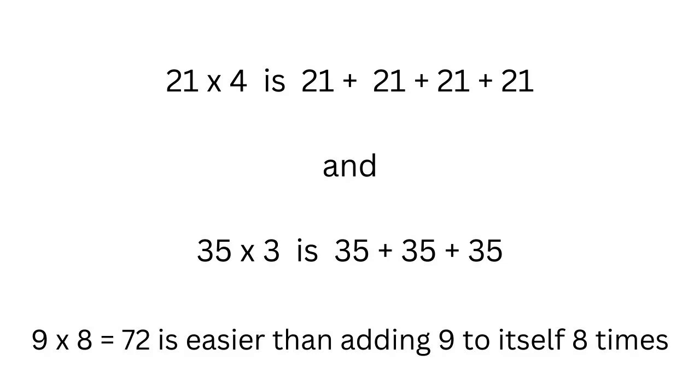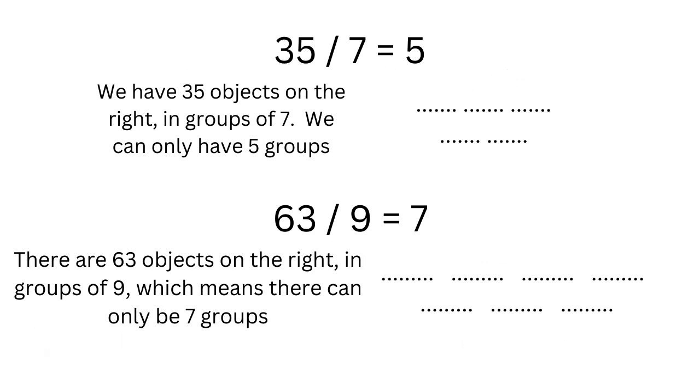Division is an operation that divides a collection of items into as many groups or parts as indicated by the second operand. So, 35 divided by 7 means divide a collection of 35 items into groups of 7 of that item, and the answer is 5. 63 divided by 9 means divide a collection of 63 items into groups of 9 of that item, and the